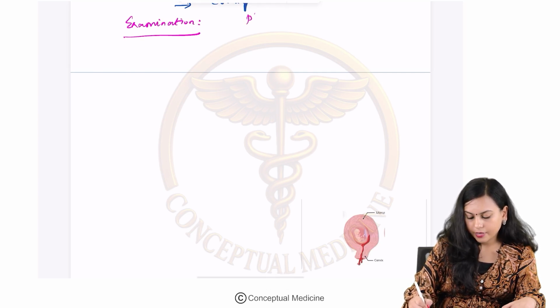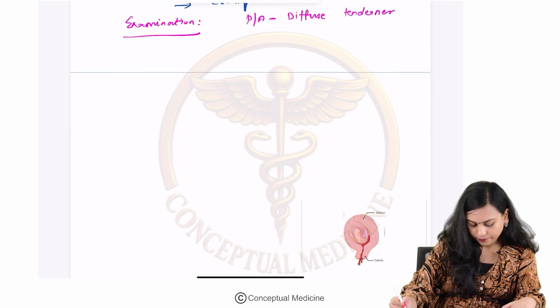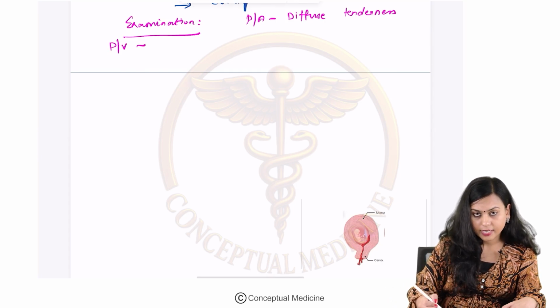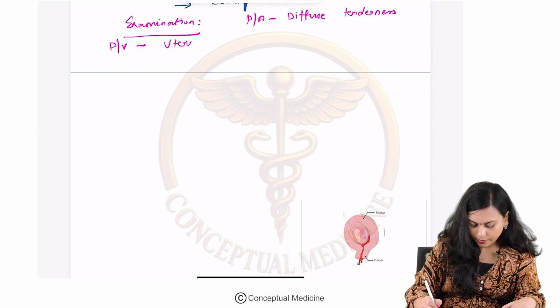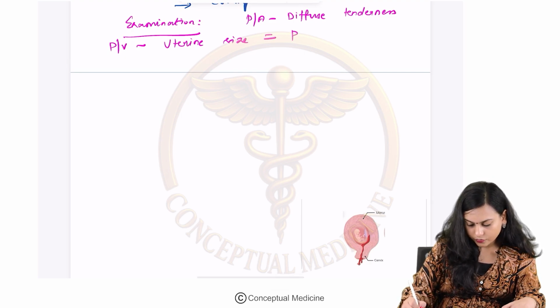When you do a per-abdomen examination, you will appreciate a diffuse tenderness, and when you do a per-vaginal examination, you will see the uterine size corresponds to the period of gestation,